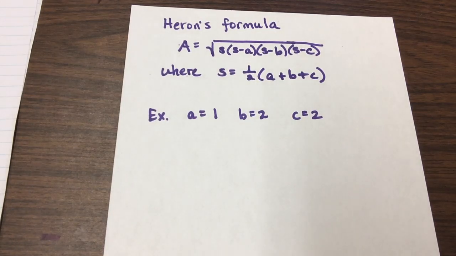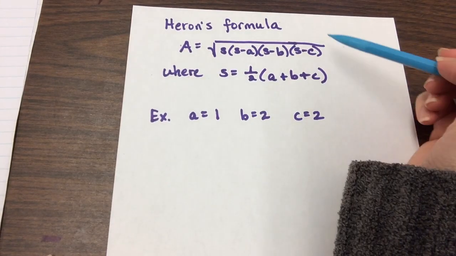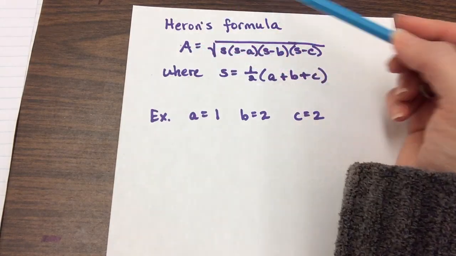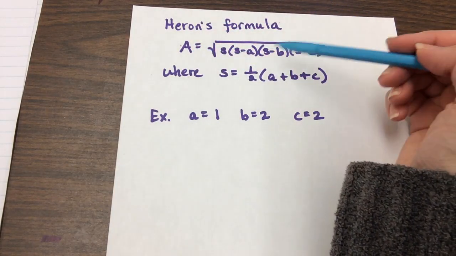Alright, here we go. Heron's formula. This actually comes from the law of cosines, and I'm not going to prove that or anything. I'm just going to briefly explain what it is. So we're looking for the area, and this is how we find the area of a triangle if I'm given